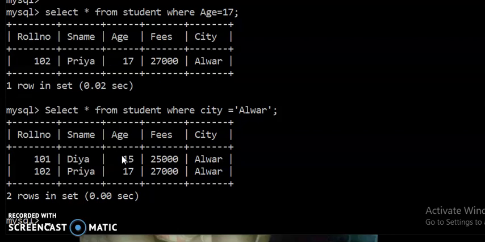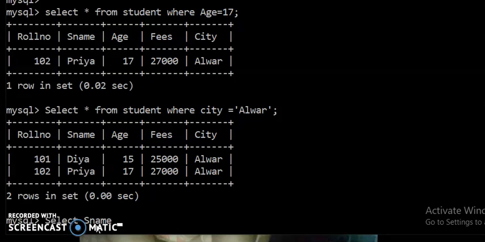The select command is used with the where clause if we want to access records according to specific criteria. Now if I want to access not the whole record of the Alwar city students, but only the names of the students who belong to Alwar city, then in place of the asterisk symbol I will use the column name as name, because I want to access only the names of the students who belong to the city Alwar.